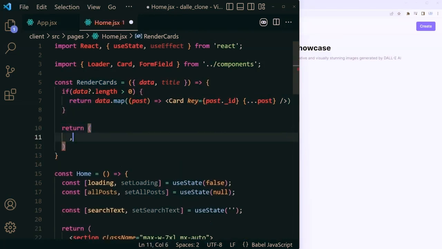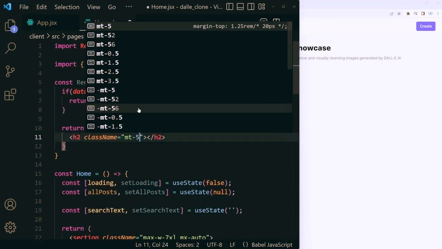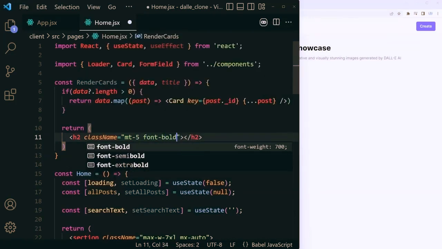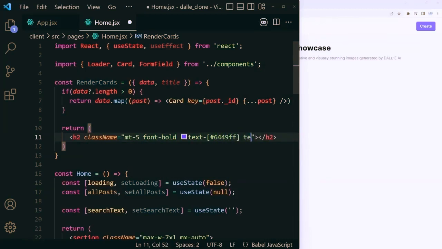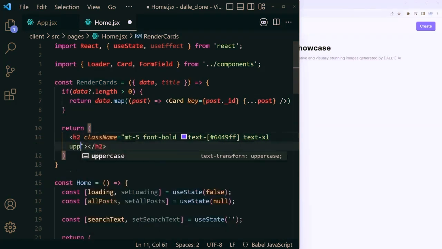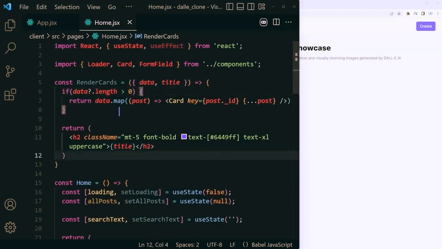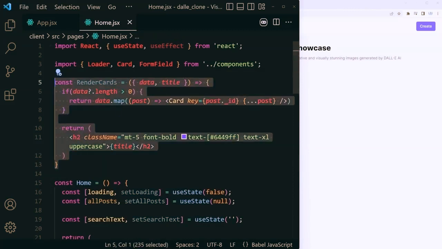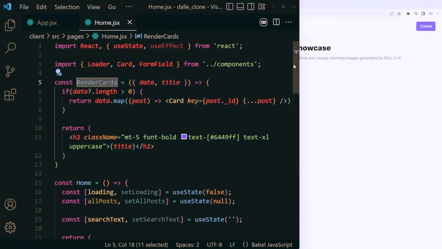So we can say return h2, that's going to be a className equal to mt-5 for margin top, font-bold, text-#6469ff, text-xl, and uppercase. Inside of there, we can simply render the title that we pass dynamically into this component through props. Now, in just a couple of seconds, you'll see the reason why we created this separate functional component,